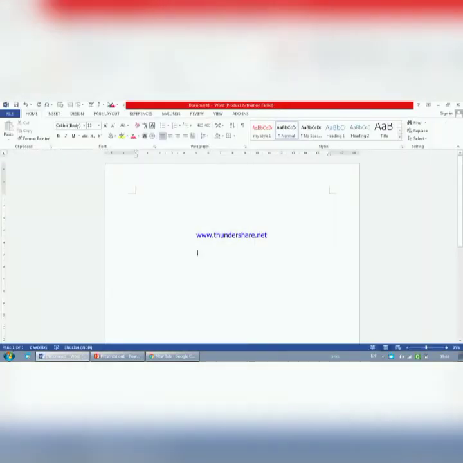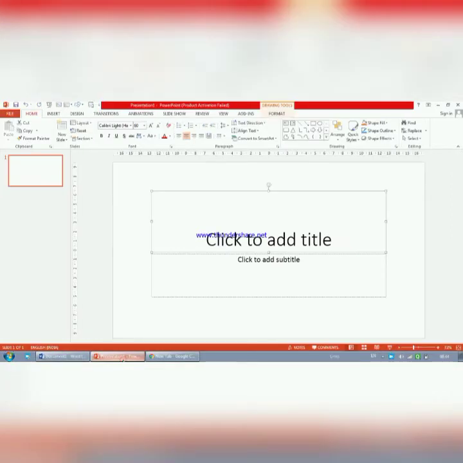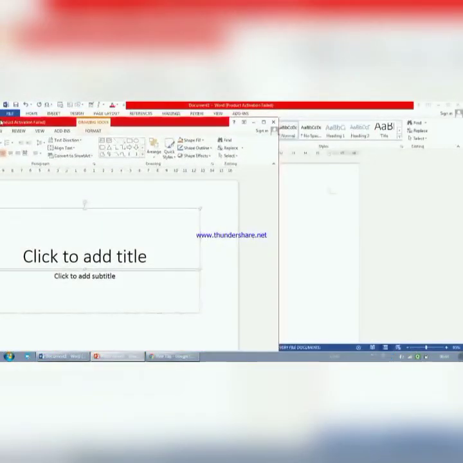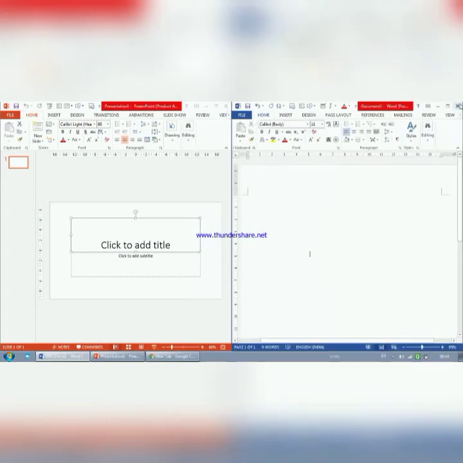If I hold this Microsoft Word window and move it to the left hand side, this window will come to the left hand side. Again, if I hold this window and bring it here, this window will go here. So both the windows are displayed together. This feature is known as Snap.